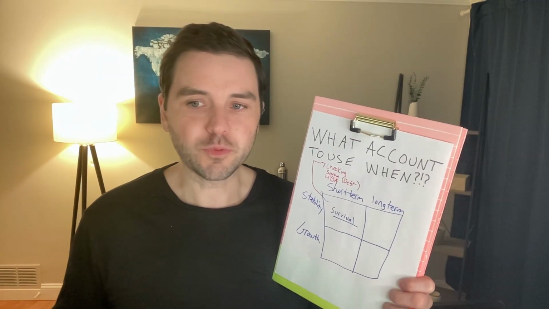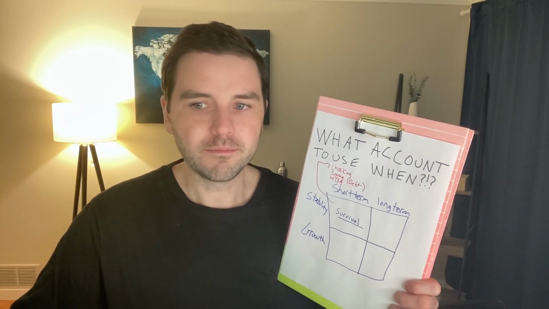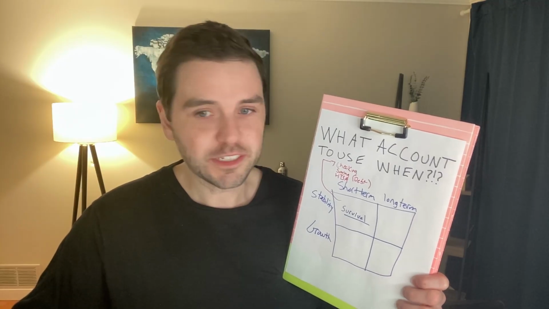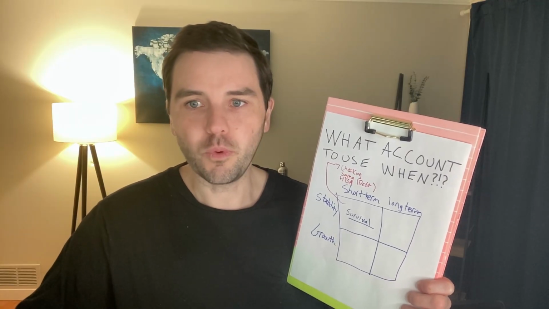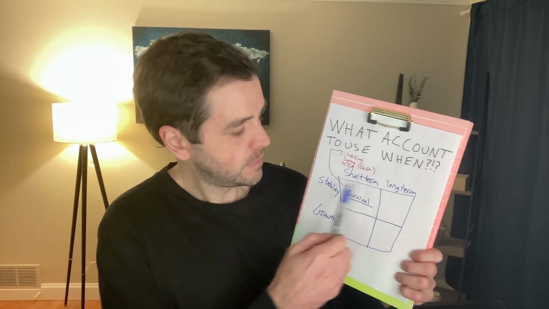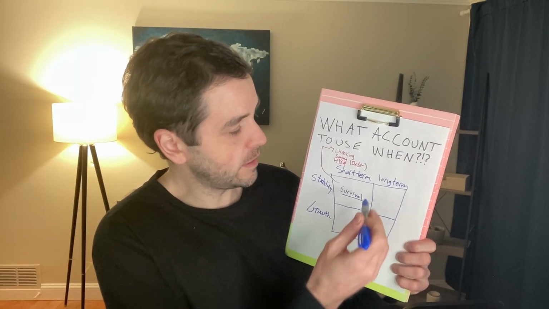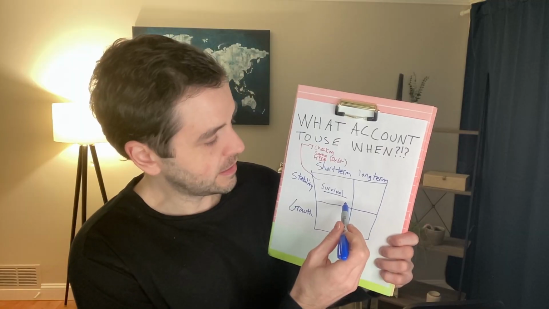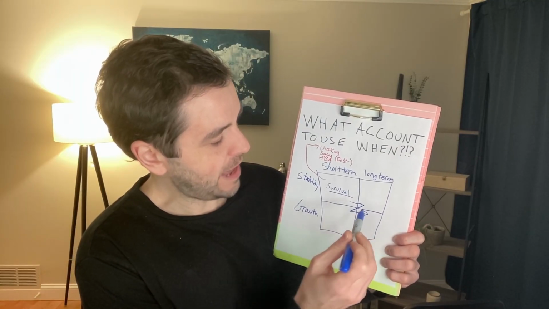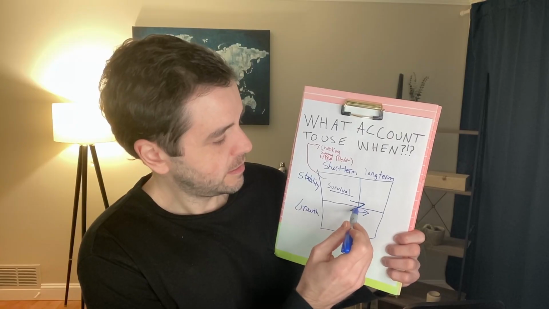If you just joined us, we're breaking down the 4 types of financial accounts and which one you should be using based on your own situation. So that was quadrant 1. The next quadrant is long-term stability. So now we're over here. The path of this is like this. We're going to go over here, down, and then like that. That's the path that we probably want to take here, right?